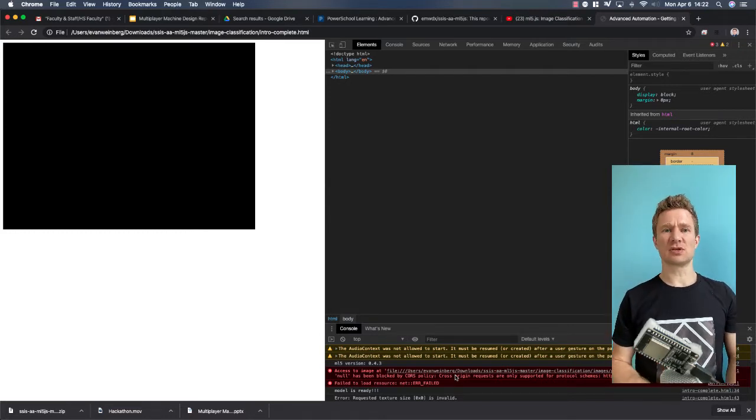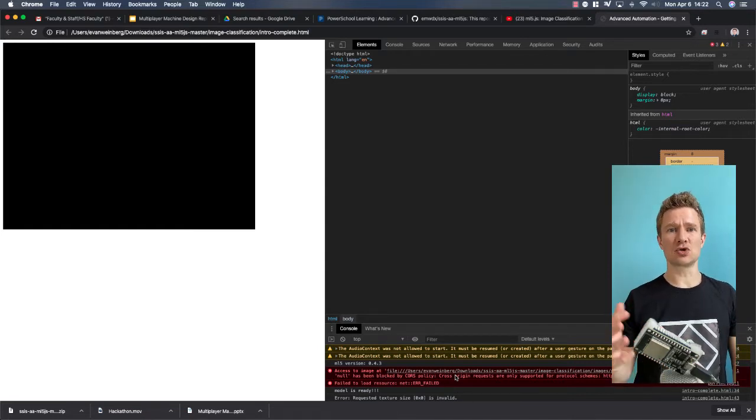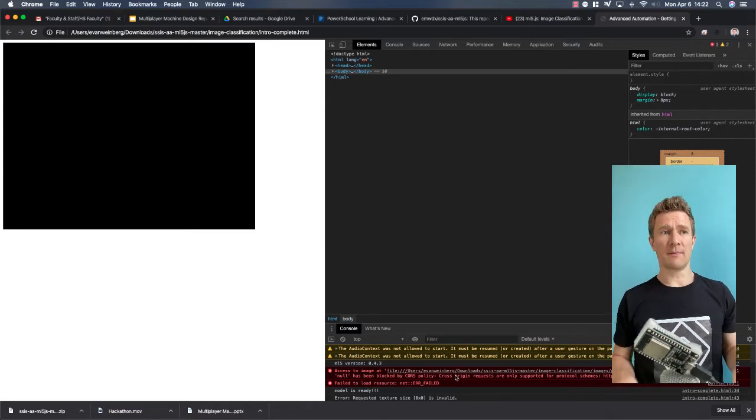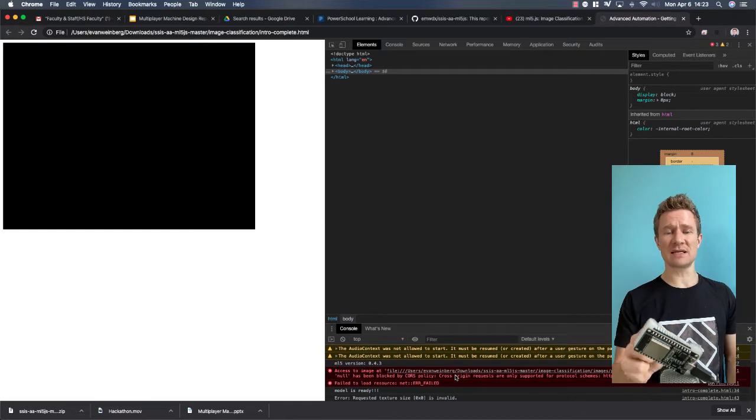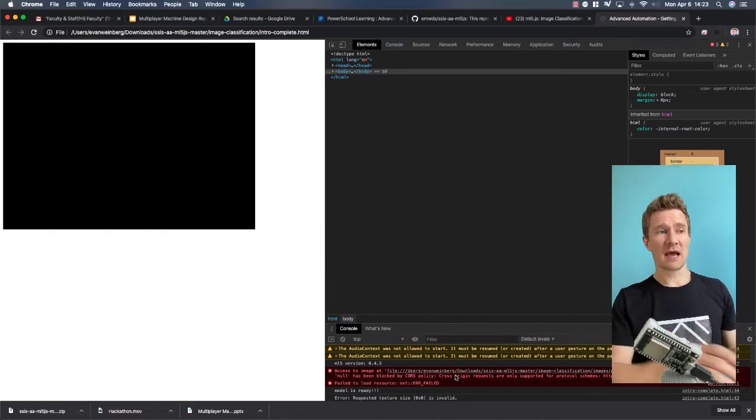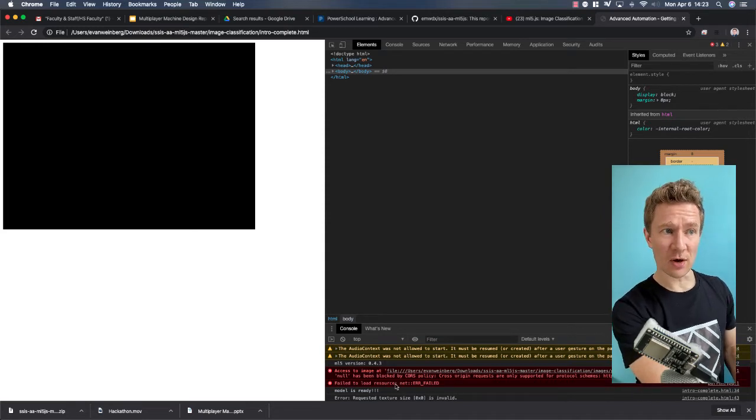This is to make it so that if someone in a web page wanted to load some unsafe script, something that could do damage to your computer, this makes it so that that file, if it's not hosted in the same place as the web page itself, it's not allowed to run. And so that's what this message down here is